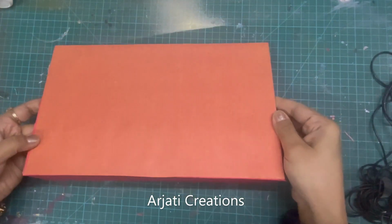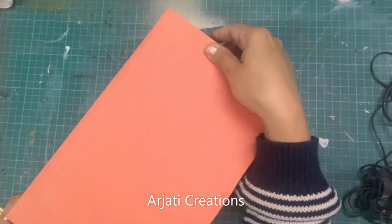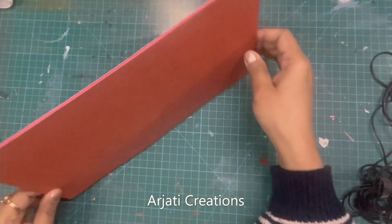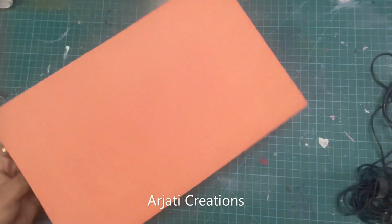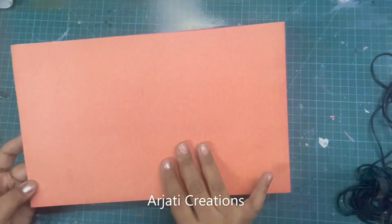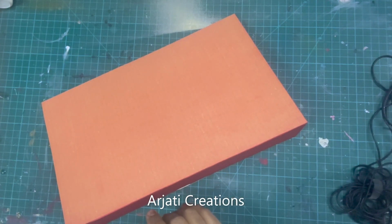So I've put it on both sides to create the perfect look of my calendar. See, if I show you, this is the base and these are the sides. Now on one of these sides, I'm going to be creating my space for my acrylic painting as well as my calendar lace. For that,